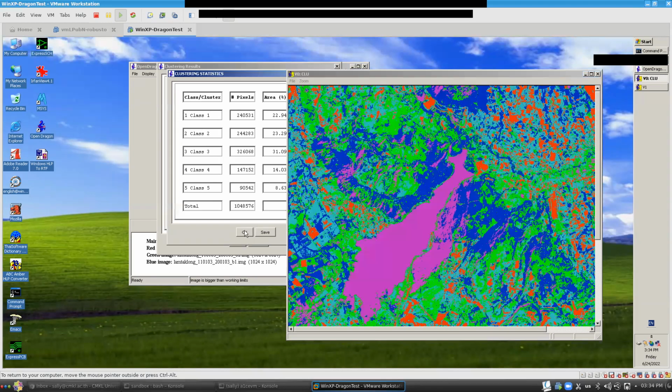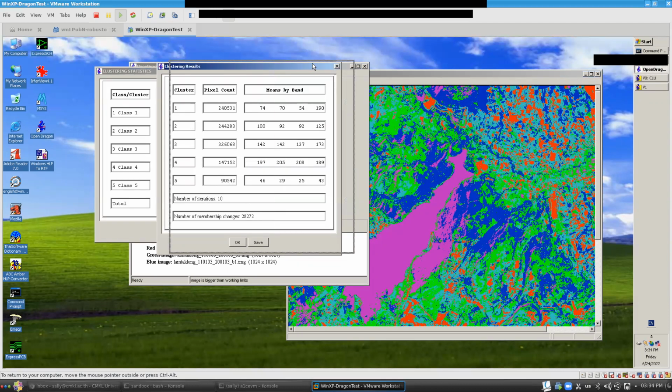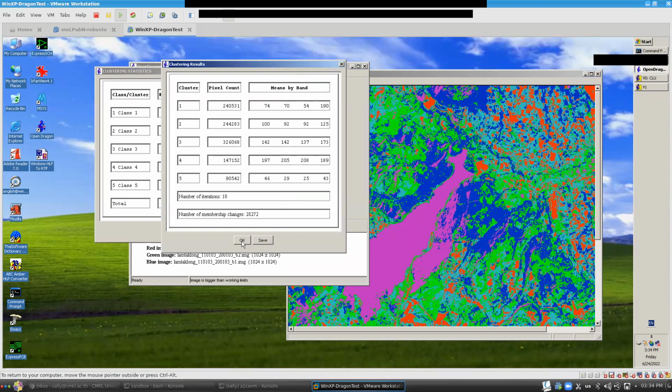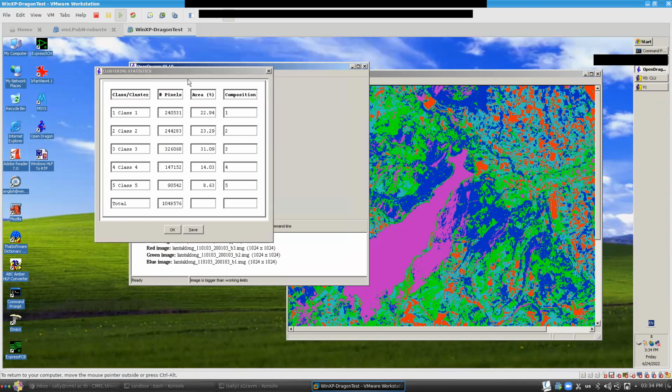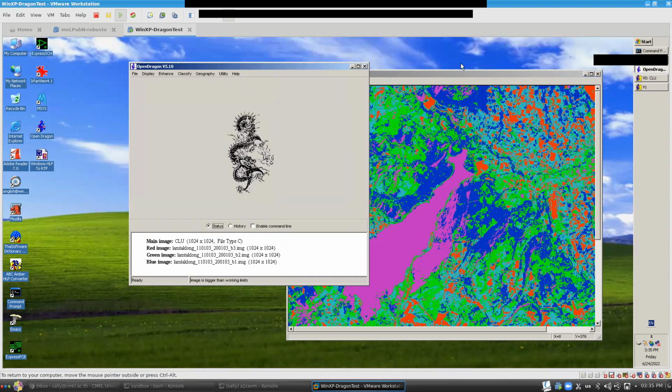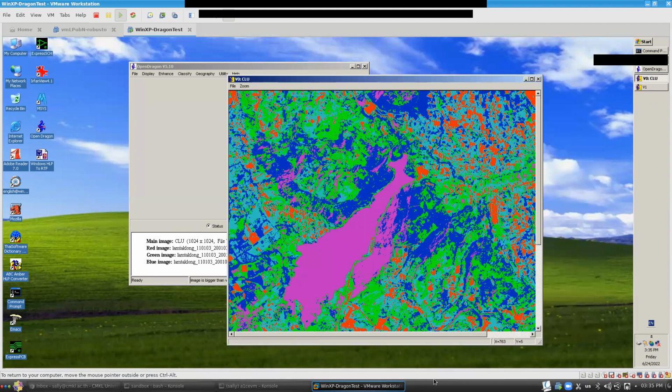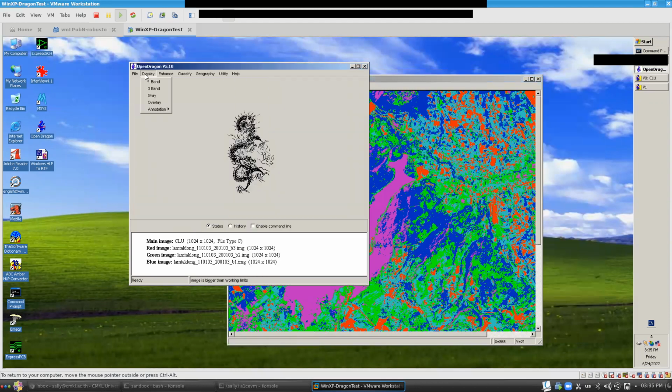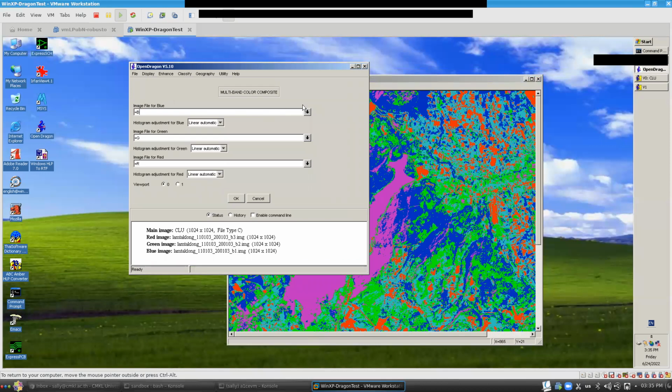I don't think I did that right. Anyway, here are our results. And this is the result from last time, so you didn't see that. Here we've color coded the 5 different clusters. Now we don't know what those clusters are or what they mean, but if we compare that image with the original image, redisplayed in a different window,